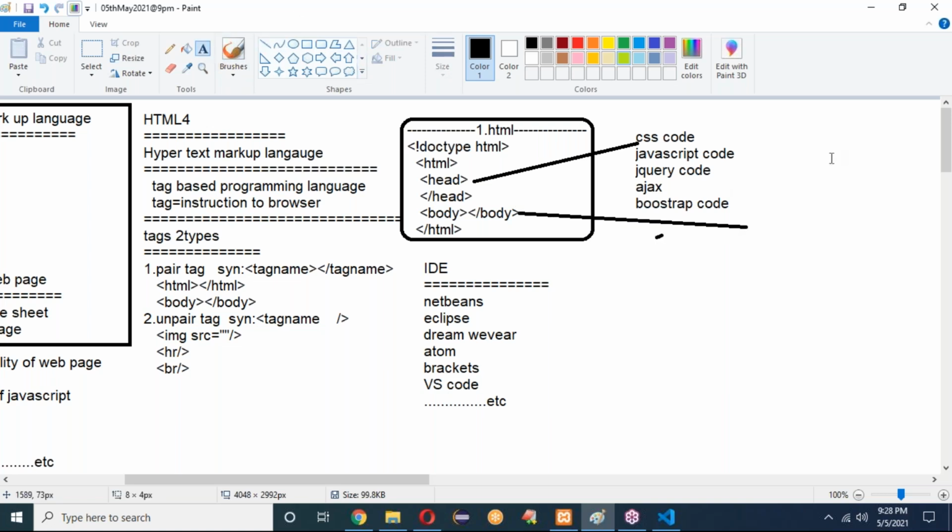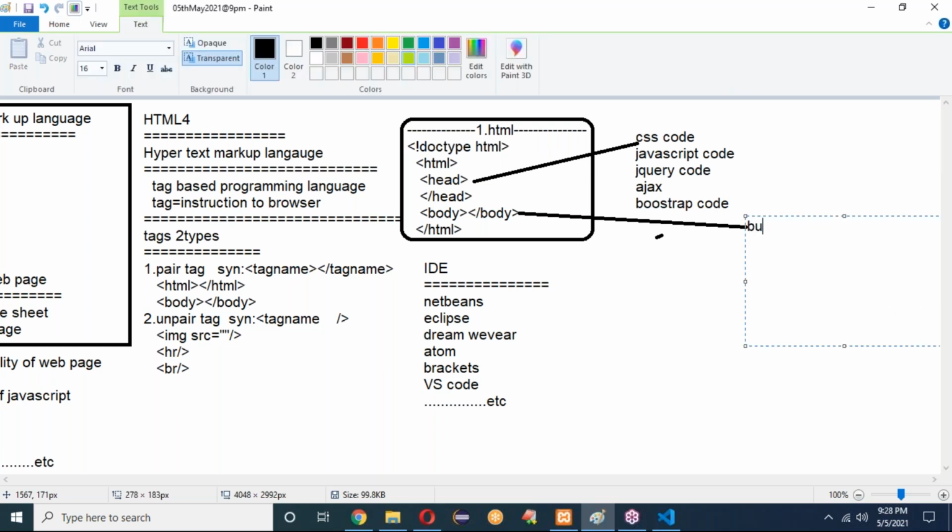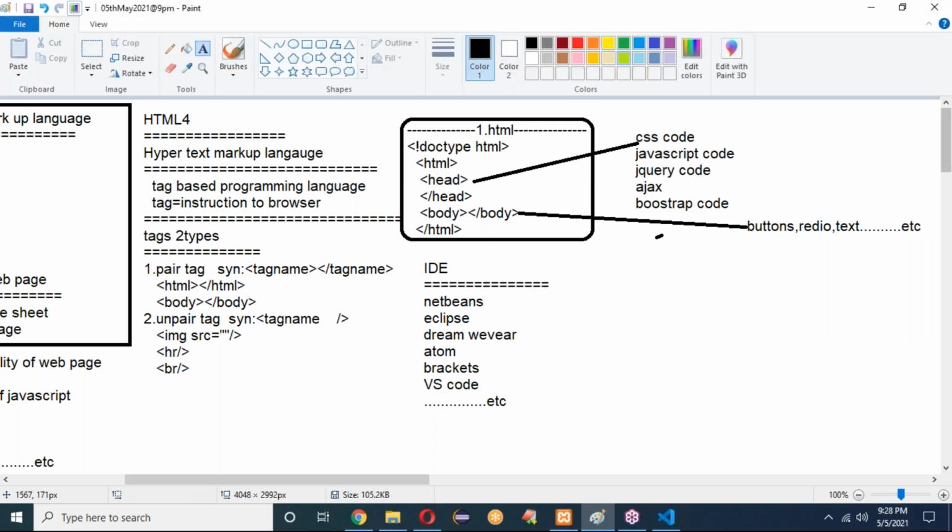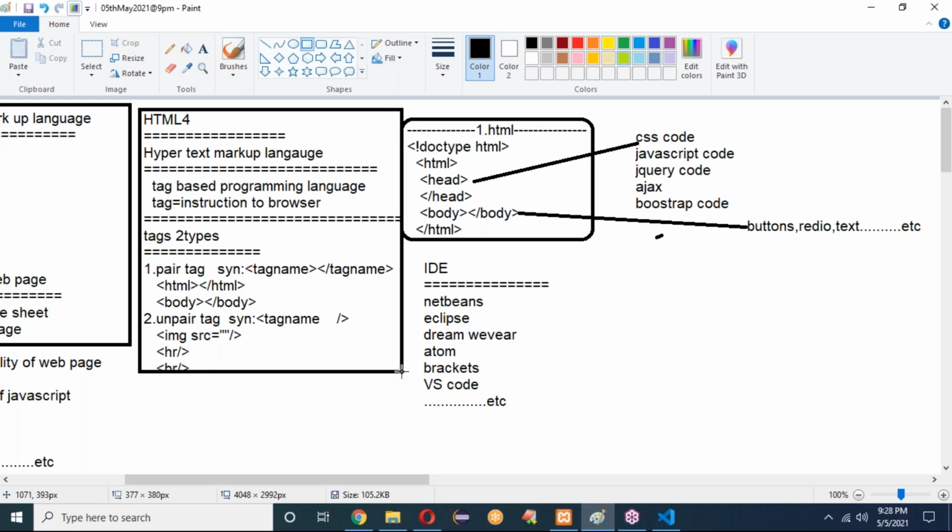If you want to write any form elements, buttons, radio buttons, or text boxes, you can create them using the body tag. Inside the body tag only we write all this stuff. So this is about HTML: how we add to the head section, and how we can create our application using HTML, head and body.